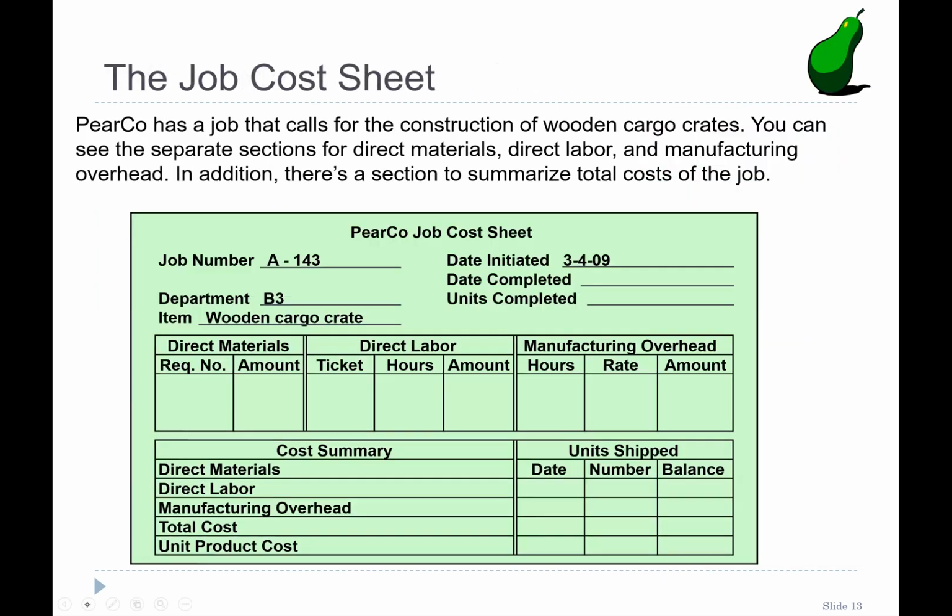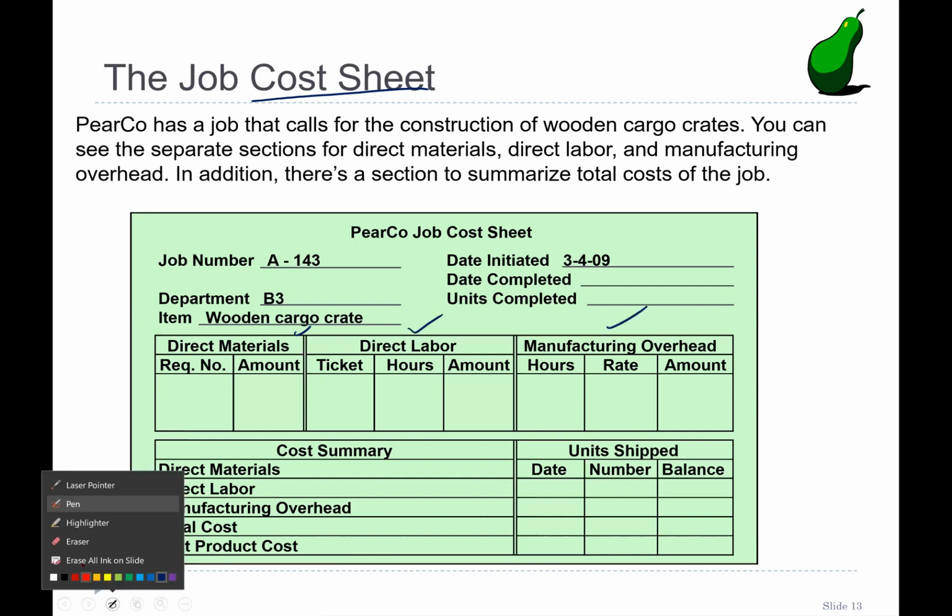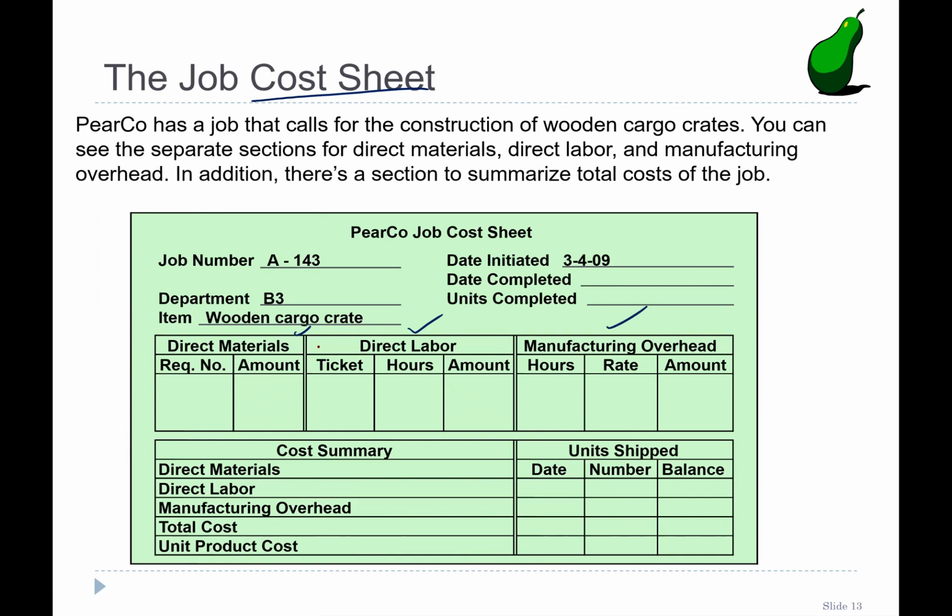So what are the necessary documents? Number one is the job cost sheet. What is a job cost sheet? It is a cost sheet which gives you all the necessary information regarding the manufacturing cost. So what is the manufacturing cost? Direct material, direct labor, and manufacturing overhead. So let me just change the color. How do we find out these costs? Every section has its own receipt. So this is the job cost sheet. We have a direct material sheet, a direct labor sheet, and a manufacturing overhead sheet, and then we combine them and just place the numbers here. So this is the summary of direct